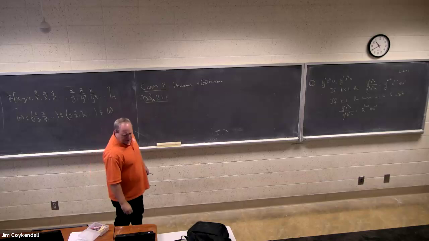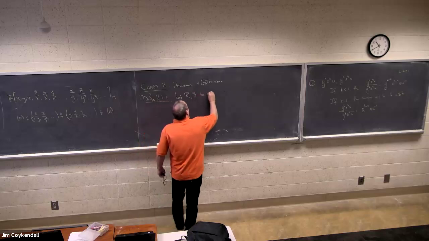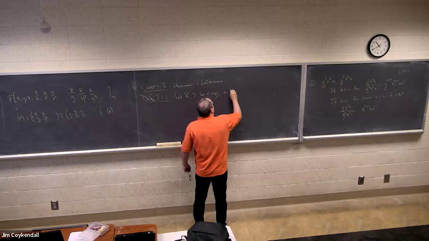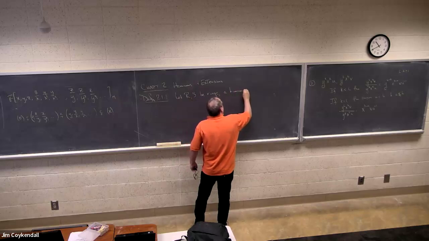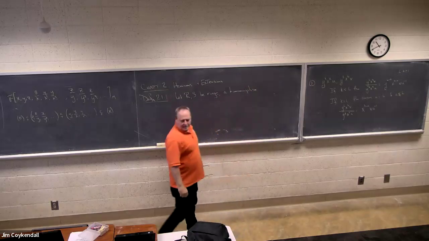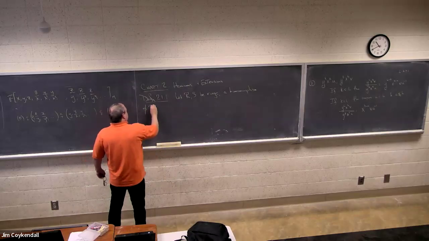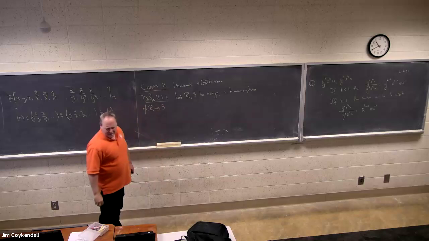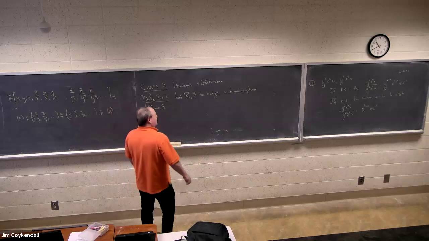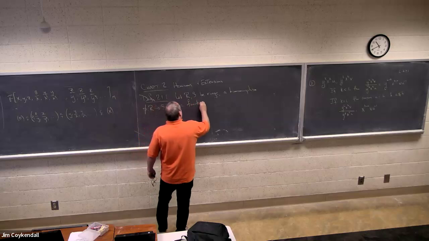Let R and S be rings. So I'm going to give you a slightly more general definition first. A homomorphism phi from R to S is a function satisfying: